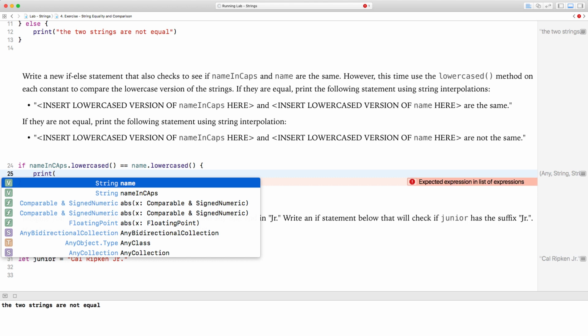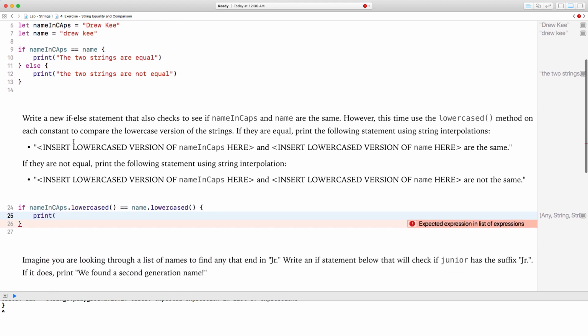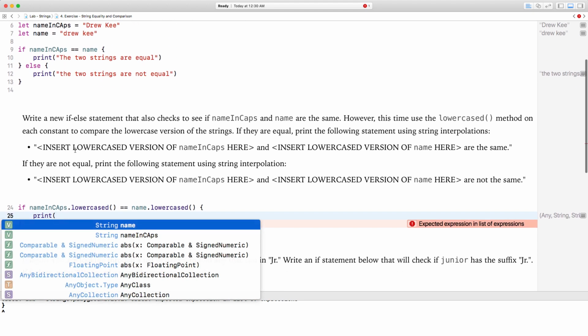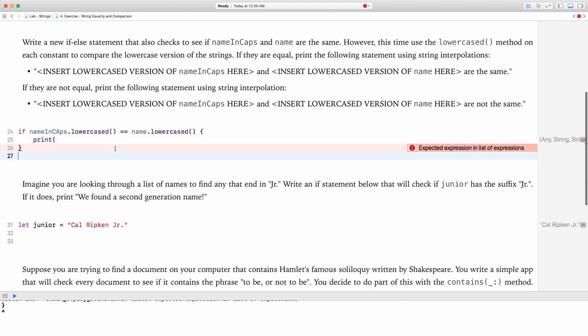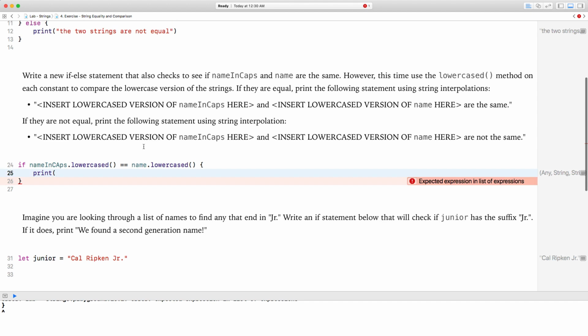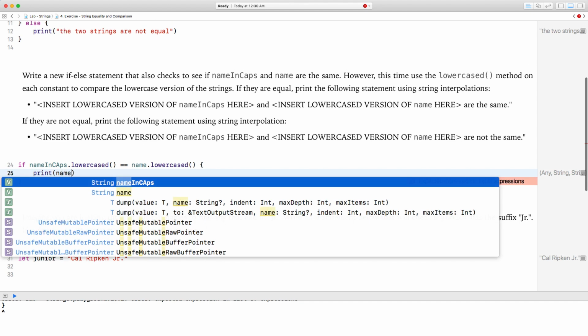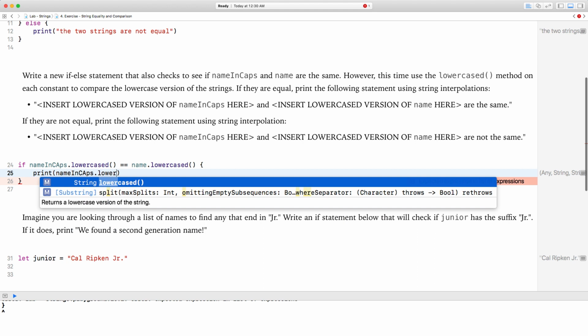Insert lowercase version of nameInCaps here, and insert. Hold on. So if they are equal, insert lowercase version of name, and the caps here and insert lowercase version here are the same. Oh, got it. Okay, so insert lowercase version of namesInCaps. So nameInCaps dot lowercase,